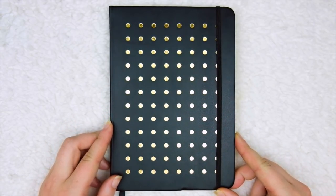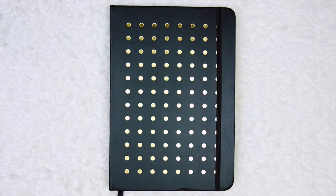So we know that August is back to school month, which means it's time to get organized for the new semester and set yourself up for success in all of your classes. So today I'm going to be showing you 8 bullet journal spreads that will help you stay on top of